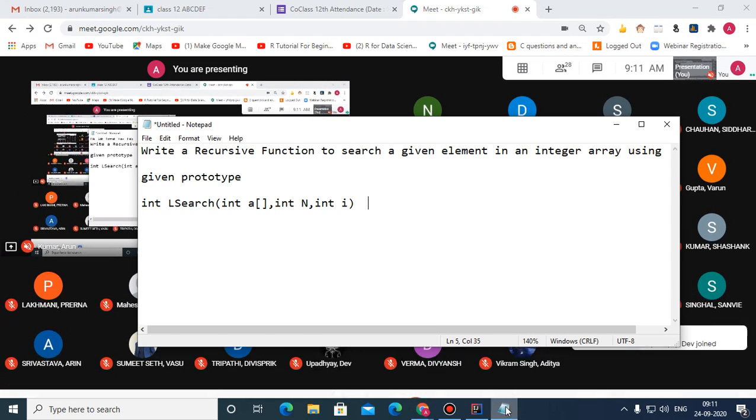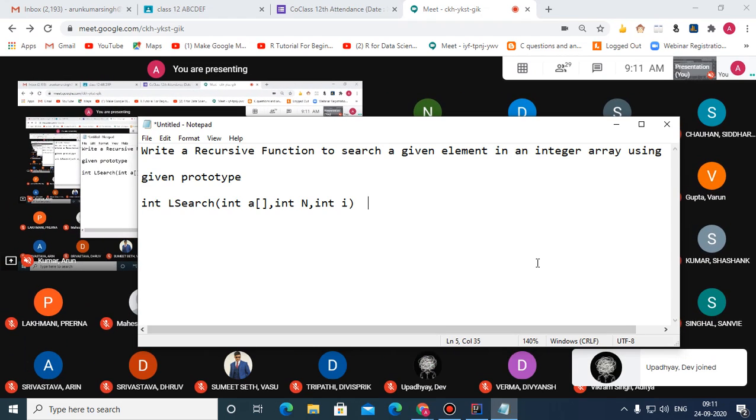Shekhar, your code is correct. Shekhar, convert the same method for counting the frequency of a given element in an integer array.